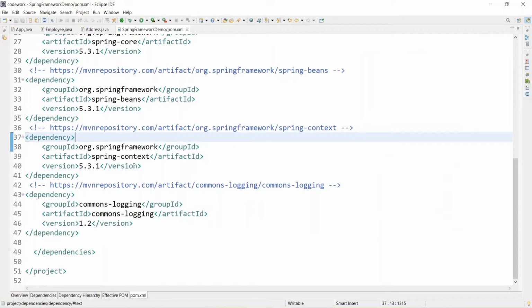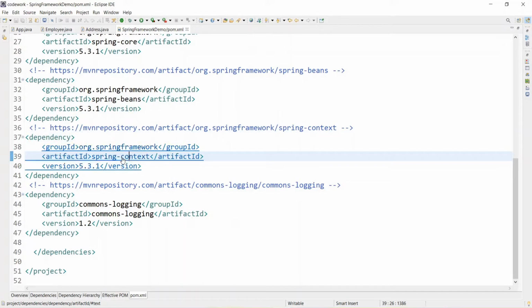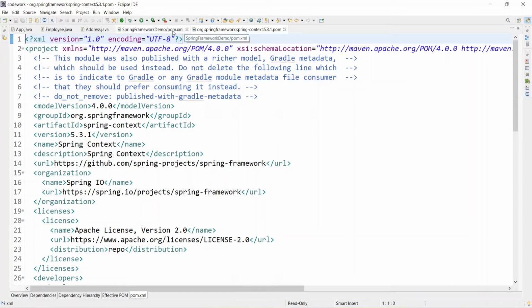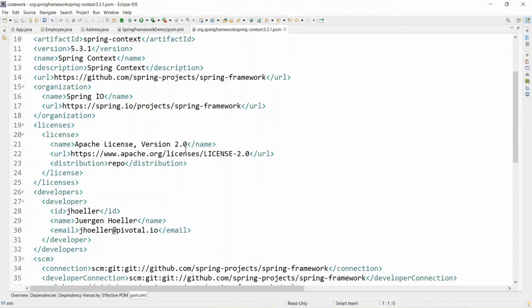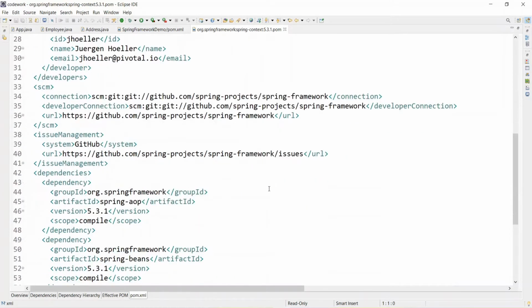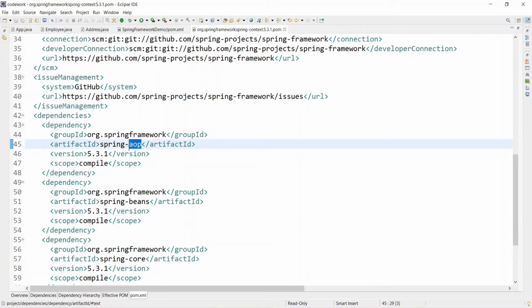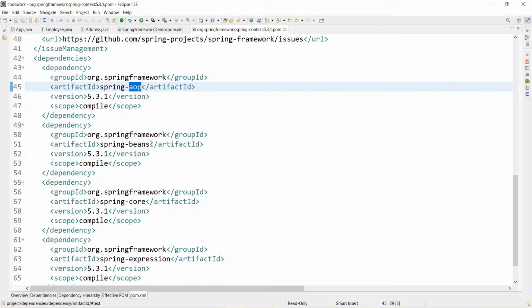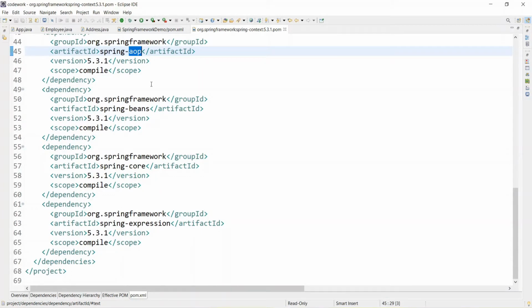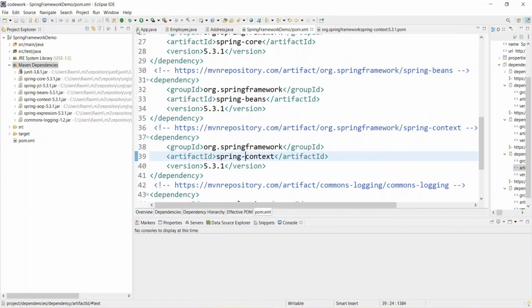If you come here and click on that Spring Context, okay, so if you see, the Spring Context also has a dependency on this jar file, right? Spring AOP, so this has also got downloaded. Spring Beans has also got downloaded. Spring Expression has also got downloaded. So if you go here and see, all the dependencies are managed by Maven, and they have downloaded all these things.